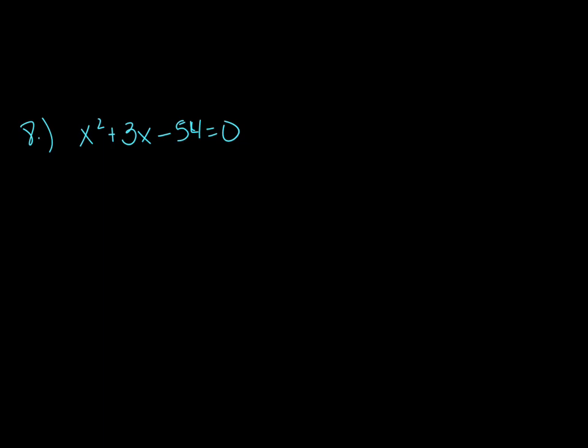So number 8, it's already equal to 0. Now I'm going to have to factor. So how do I get x squared? x and x. How do I get negative 54? Well, 1 and negative 54, that doesn't help me. 2 and negative 27 doesn't help me. 3 and negative 18 doesn't help me. 4 doesn't work. 5 doesn't work. 6 and negative 9. Now that adds up to give you negative 3, so I want to do negative 6